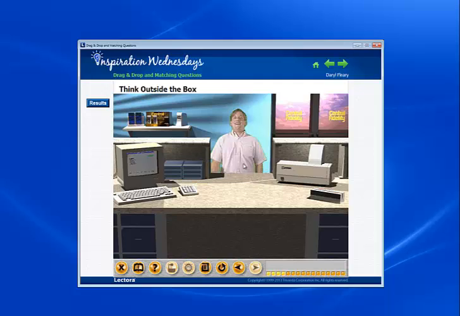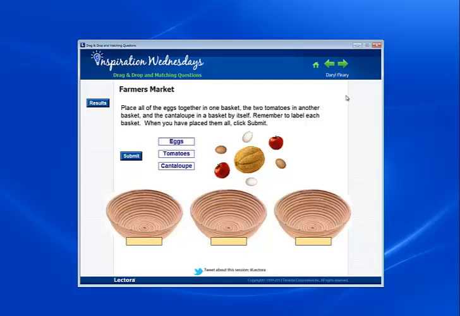And let me show you one final example before we go into Lectora itself. This is a lot more complicated example. The idea here is that the student has to put the appropriate things in the appropriate basket. But you'll notice that the baskets are not pre-labeled. So if I put the egg label here, and the tomato here, and the cantaloupe over here,